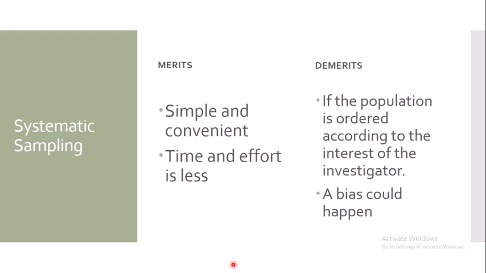Now, there are also merits and demerits for this method. It is very simple and convenient, and the time and effort required are very little. One of the demerits is that if the population is ordered according to the investigator's choice, a bias can happen. Okay, so that is all about